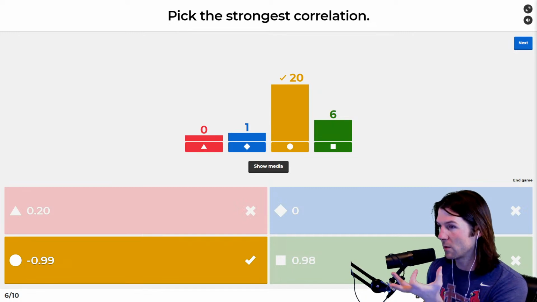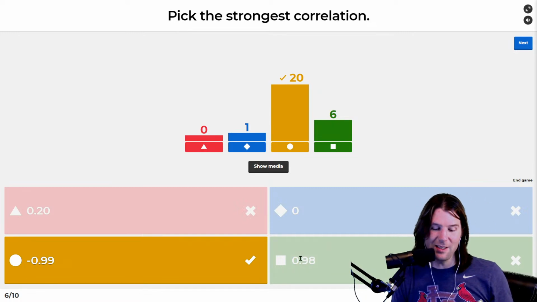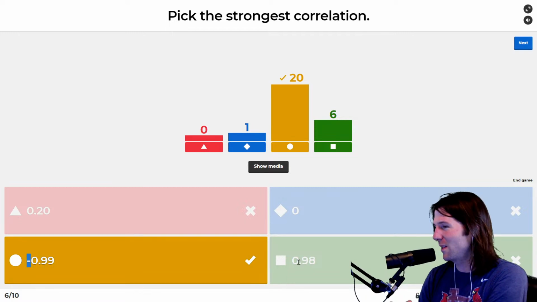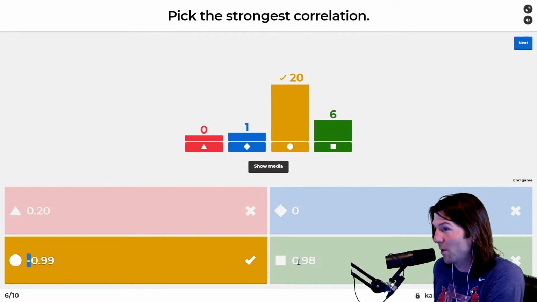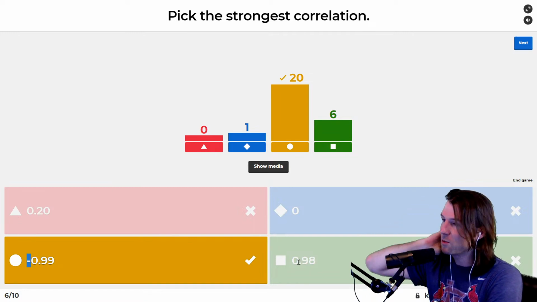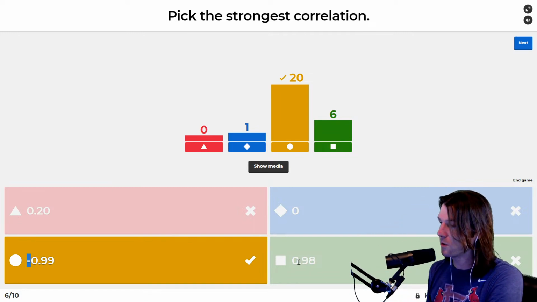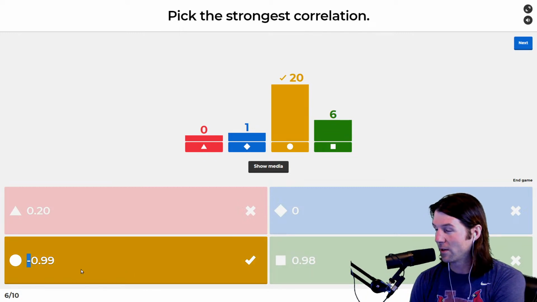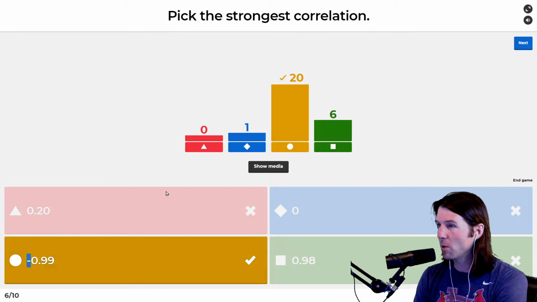So all that matters. What is the only difference really? I mean, these are basically the same. But what's the difference between these where they're basically the same strength? You're like, well, then why aren't they both correct, Brian? Because one is stronger. They're very close. The direction, great job, Lucy, which is strength, direction, form, unusual features. The direction is very different for them. And this one is technically stronger. It is the right answer. This one's close, but not quite as strong as this one because this one's closer to -1. So pretty good one.